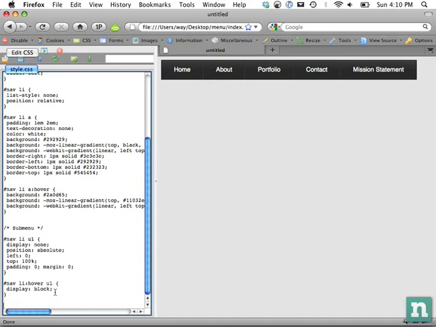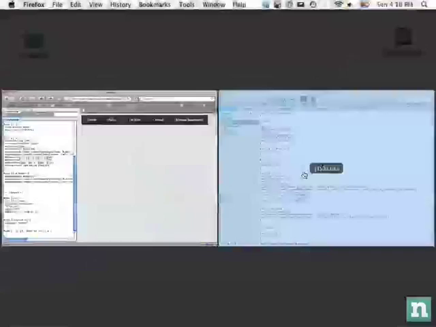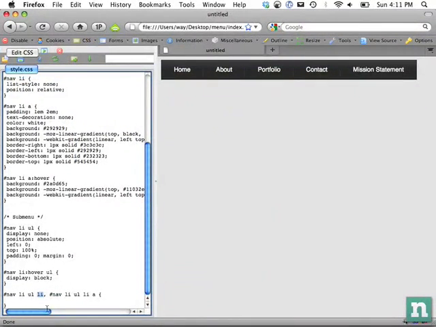Next, I'm going to continue on, and I'm going to do nav li ul li and then nav li ul li a. Okay, so that looks jumbled. Let's just decode it. It's very simple. Get the list item, get the UL, meaning get any submenus, and then get the submenu's list items. So this is targeting, if we go back, the submenu's list items, or these, and these. And then we're also going to get the anchor tags as well,